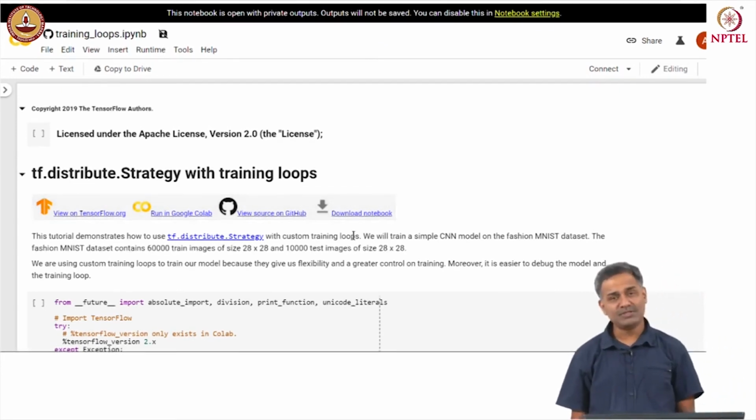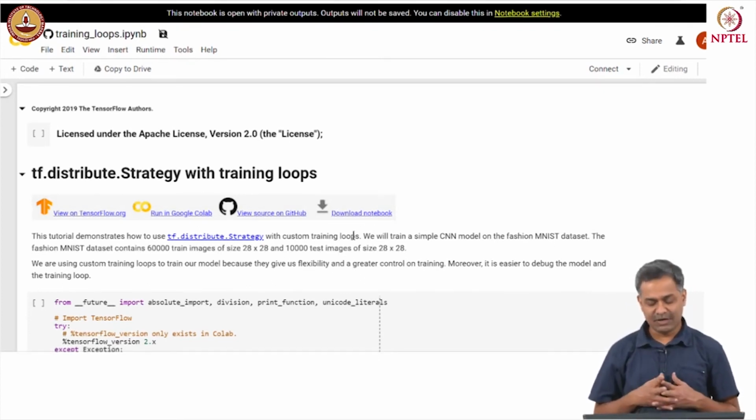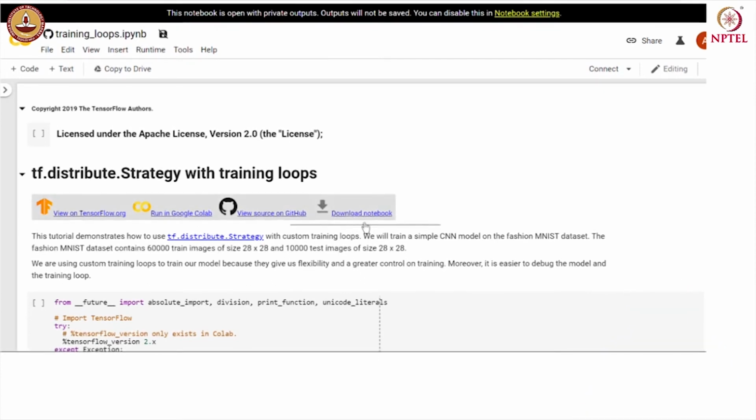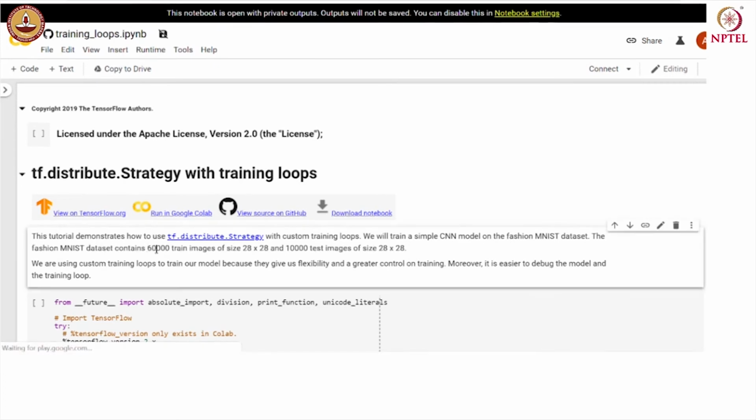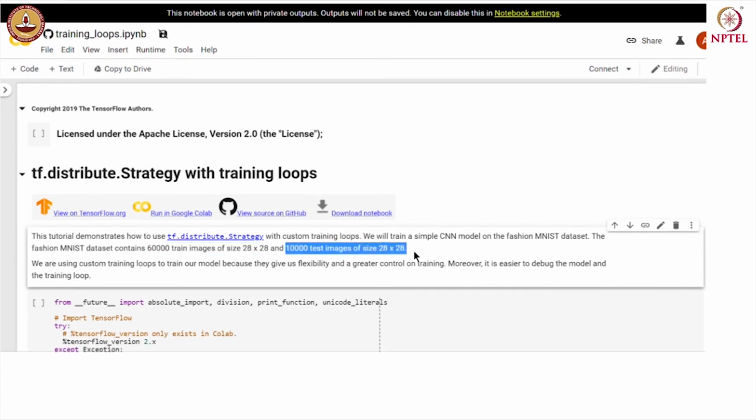Here we demonstrate how to use distributed training strategy with custom training loops. We will train a simple CNN model on the Fashion MNIST dataset. So, Fashion MNIST dataset has 60,000 training images, if you may recall. Each image was of size 28 by 28 and there were 10,000 test images of size 28 by 28.